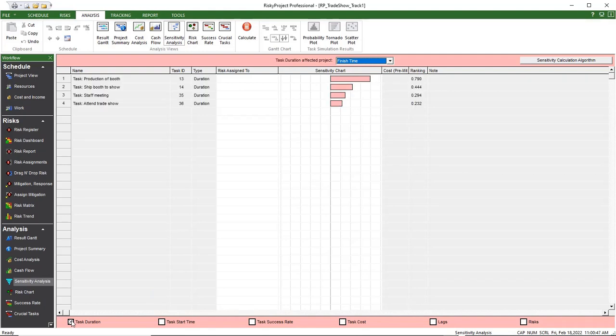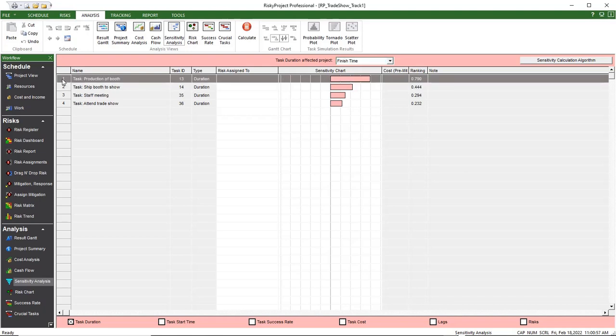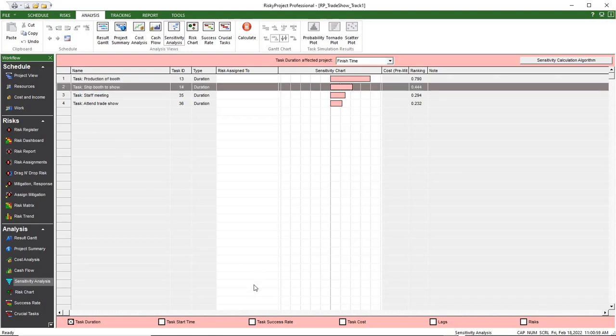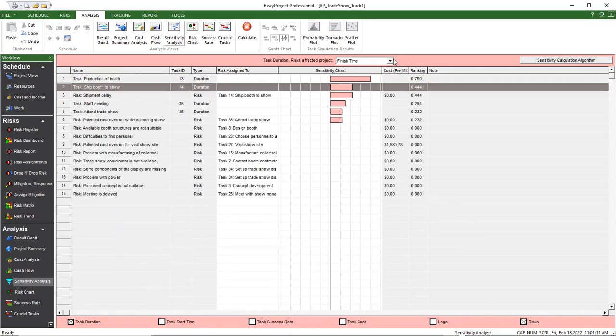RiskyProject will generate a sensitivity chart that identifies which task's duration has the most potential to impact the project's finish time. Task parameters that can be analyzed are duration, start time, success rate, cost, or lags. You can also do the same with risks for each project parameter or select all parameters to rank risks on